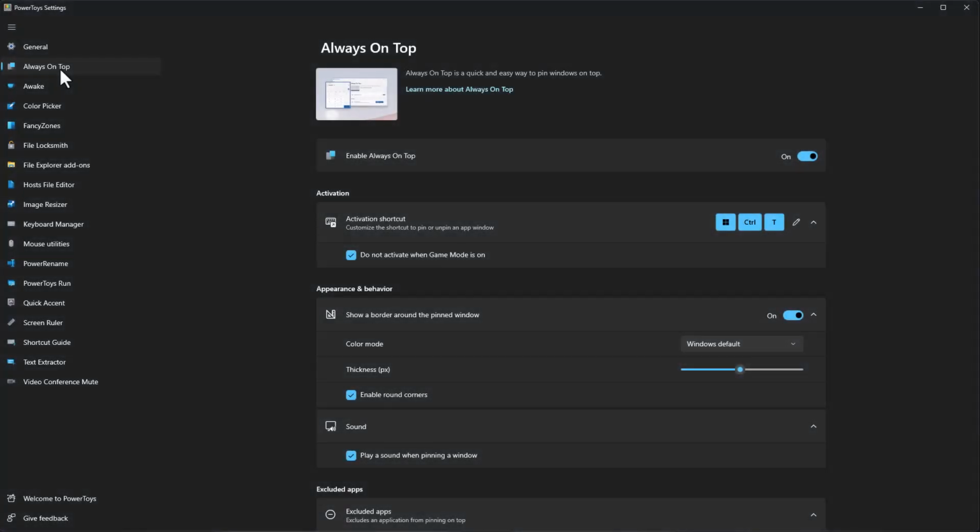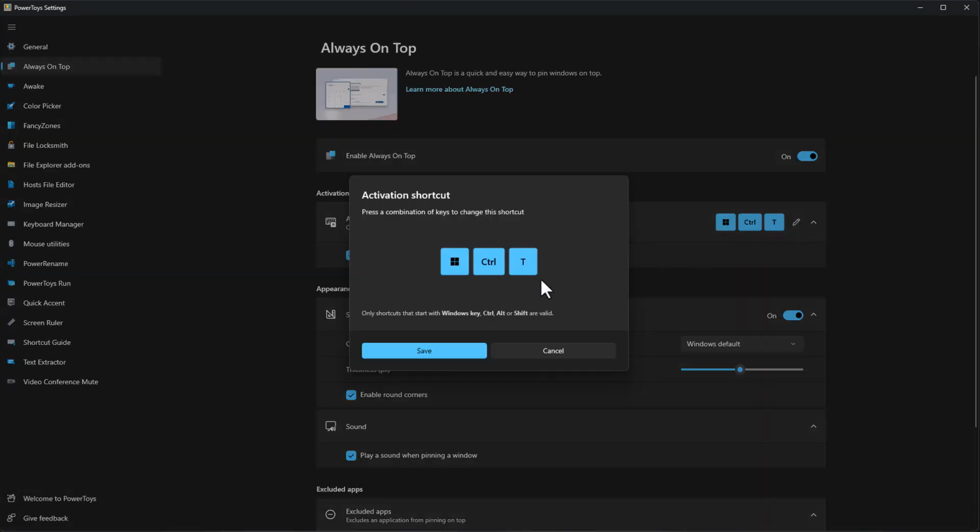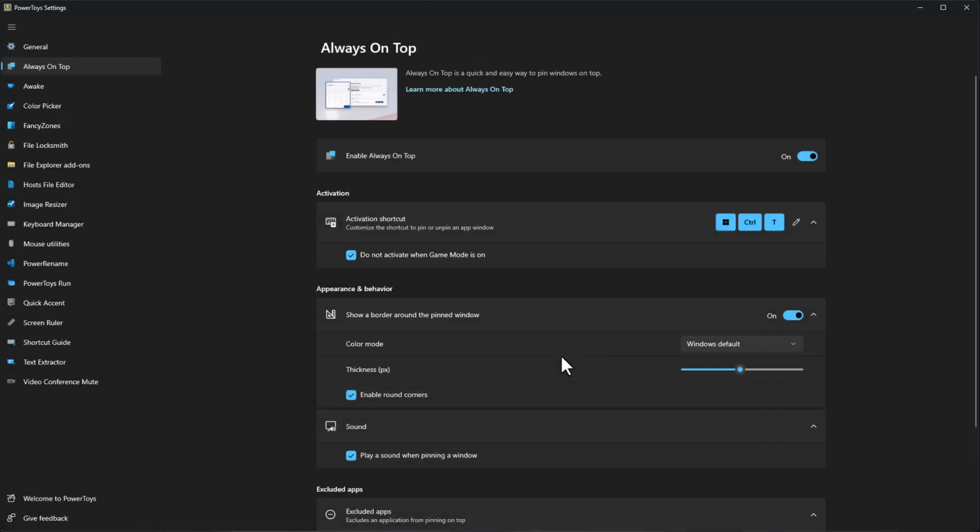The first tool on the toolset is called Always on Top. We all have been in this situation when we are studying or taking notes while we are watching a video. Constantly switching between applications can be a little bit annoying. Always on Top is a system-wide utility that allows you to quickly pin a window to stay on top of your other screens. By using this feature, you can quickly pin your desired screen on top. As you can see, the feature can be activated by a shortcut, which you can customize as well.